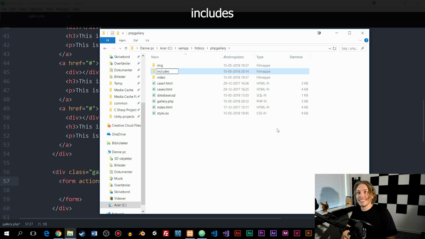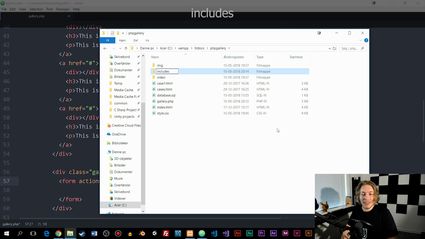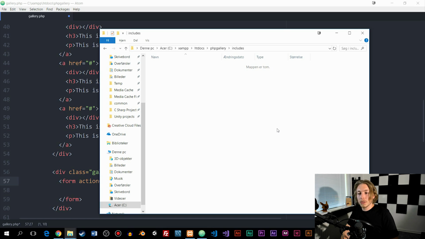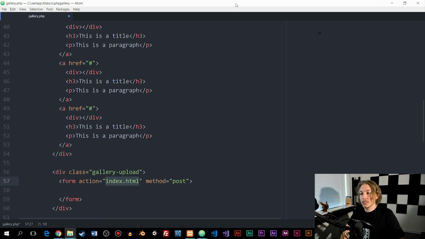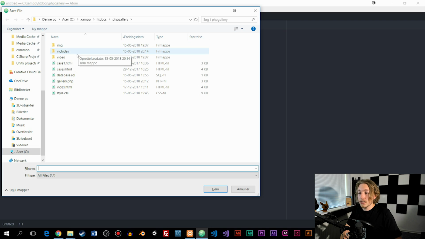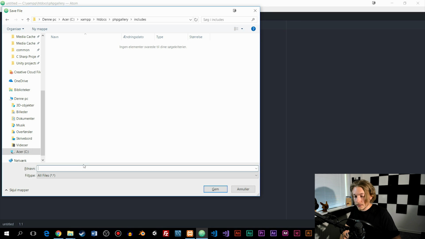I'm just not going to spell it out because I'm going to mess it up. I'm going to write on the screen instead. Includes, and inside the includes folder, we're going to insert this file that will be called gallery-upload.inc.php. So I'm going to go back inside the website, create a new file, which will upload the actual picture once we get to it. And I'm going to save it inside my includes folder and call it